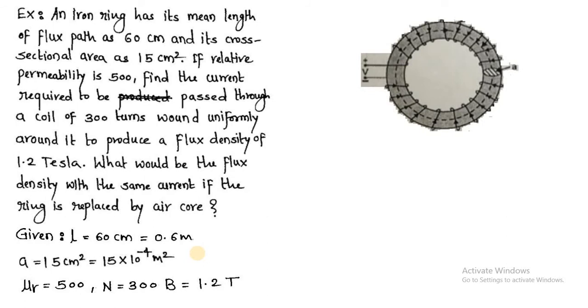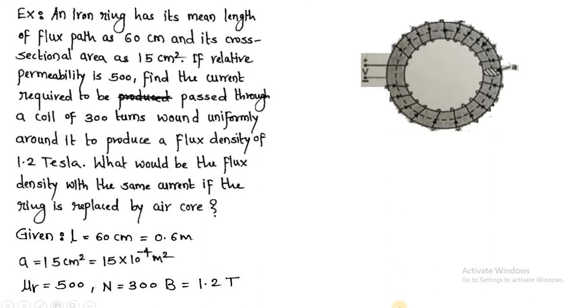Yes, Ni upon reluctance is correct. But note that you do not have the value of I. So you cannot use that particular formula. We have to use another formula which does not require I. Without taking the help of I, we are supposed to find out the flux. So how will you calculate flux?